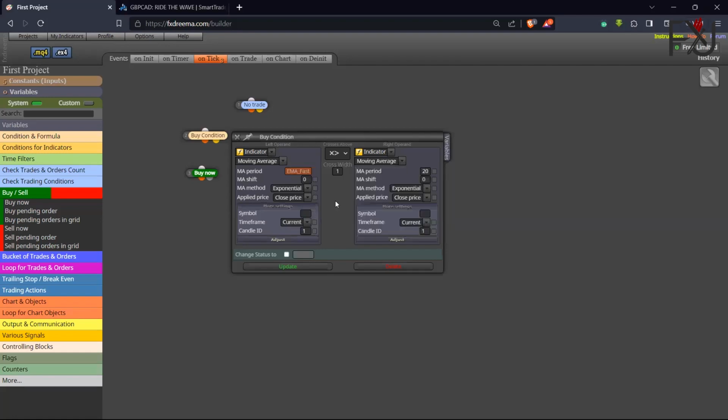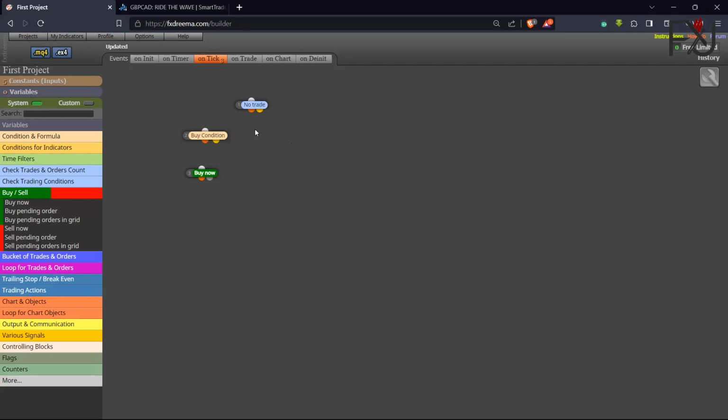Okay, so we'll select MA10, right? And then here we'll also select MA slow, which is the 20. And then we'll click on update. Basically, what we've just done is say if there are no trades, look for buy conditions. So from this orange one, we drag it to the top of it. We look for the buy conditions. That's if the 10 exponential moving average has crossed above the 20 exponential moving average,